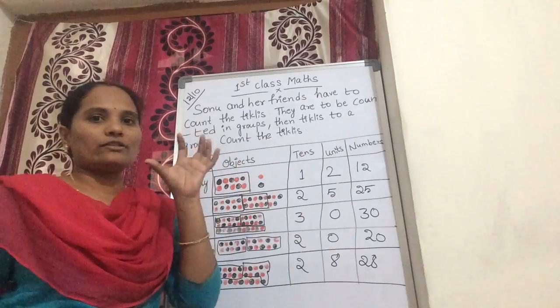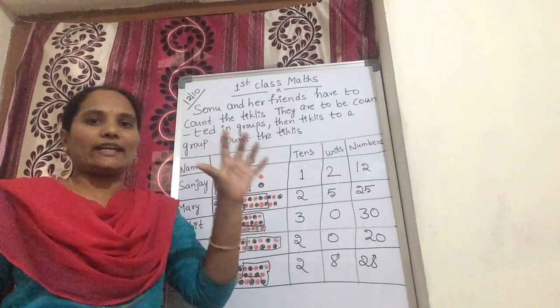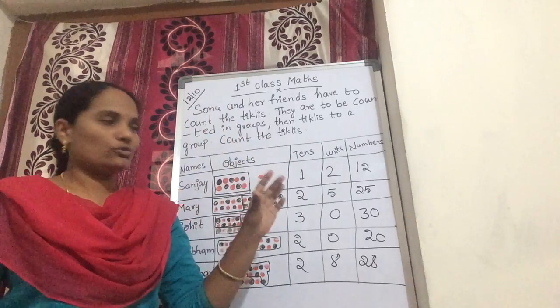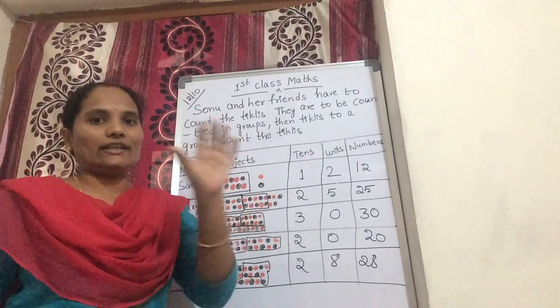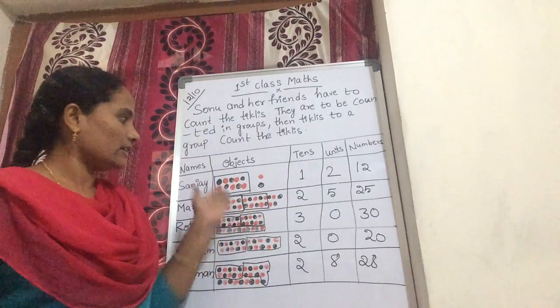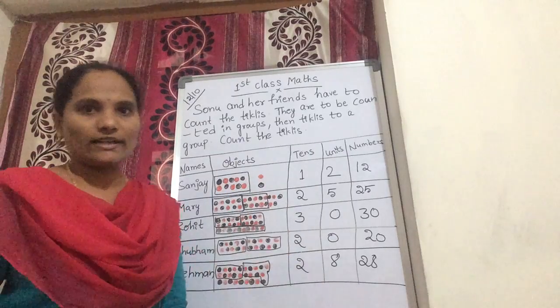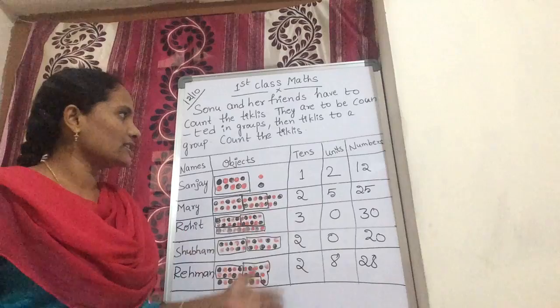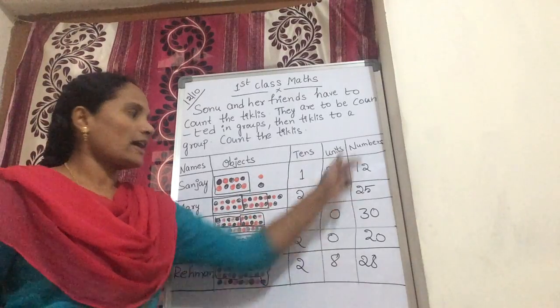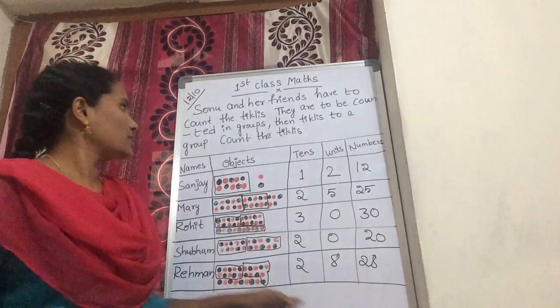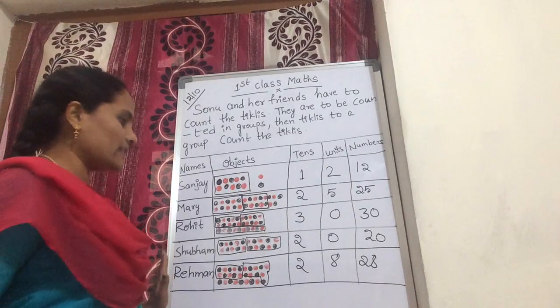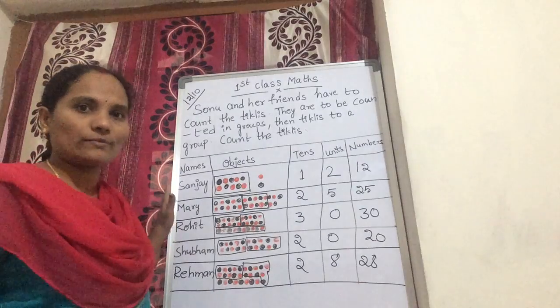First we are counting; you divide into groups of 10, 10. And if any ticklies are still there, that is units. Okay. You can understand, children, how to write this. Tens, units and numbers. Please, children, copy this, do it in your textbook and post it in our